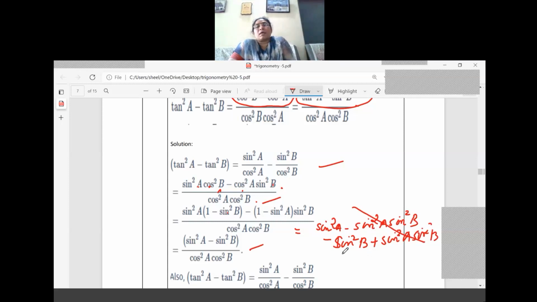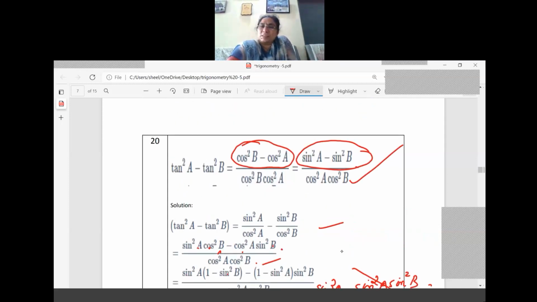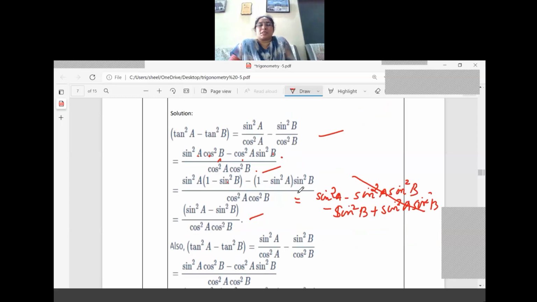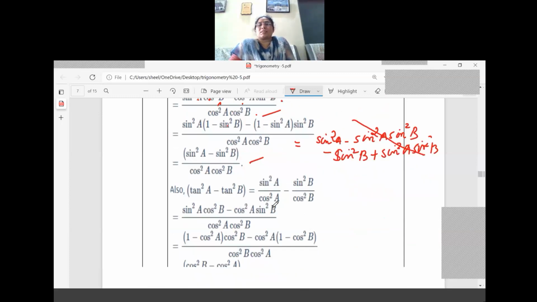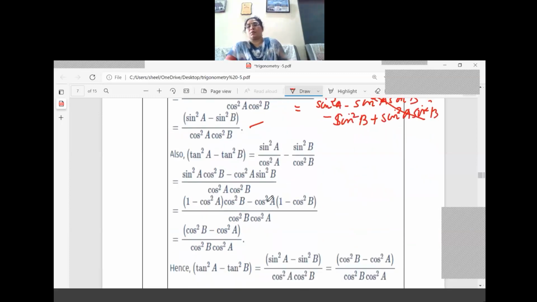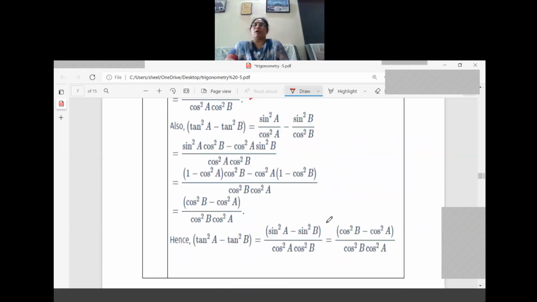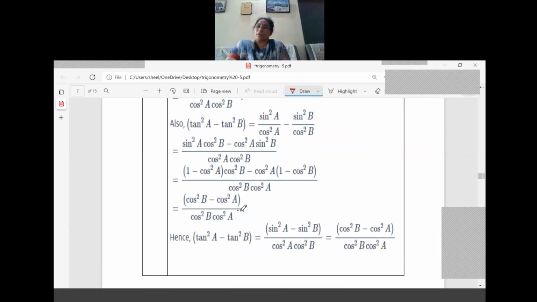What is the next step? That means we got the first one. Now what is to be obtained is the second part. It is cos square B and cos square A should come in the numerator. So what is to be changed? First we have changed cos. This time we have to change as sin. That you can do and you can cross check. And the same procedure we can multiply. What will you get? You will get cos square B minus cos square A divided by cos square B into cos square A only, right?